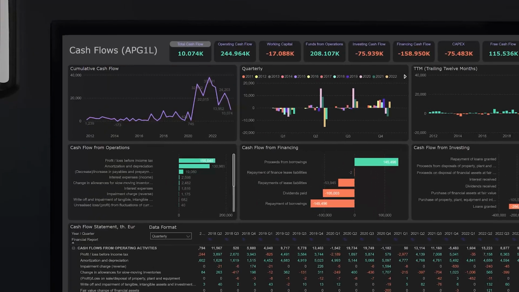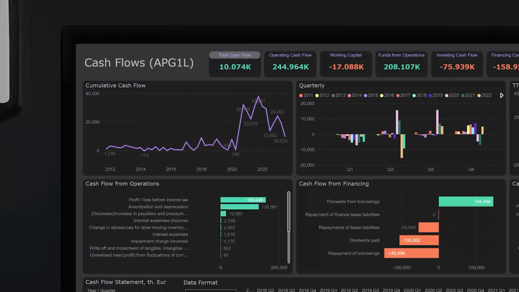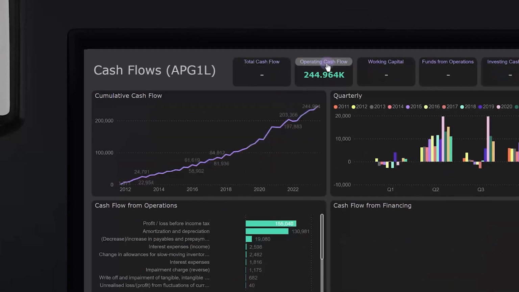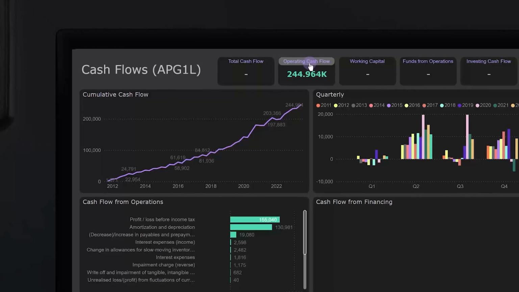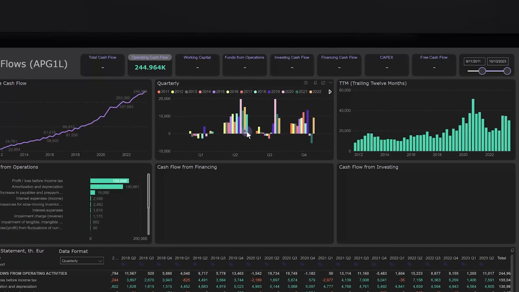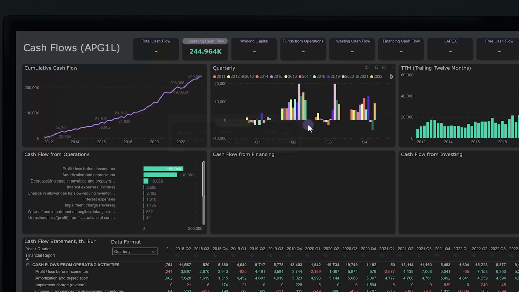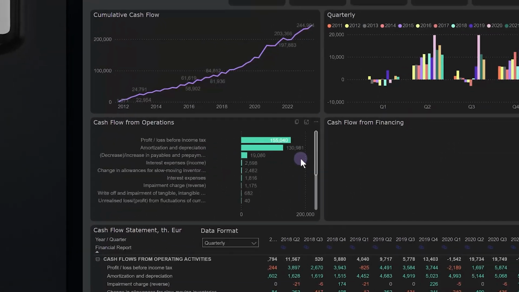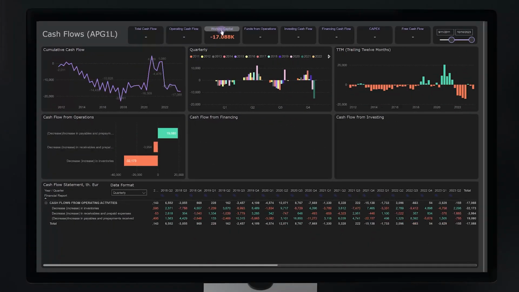Go further and analyze company's cash flows from every possible angle. Choose operating cash flow metric and see cumulative flow over selected period, quarterly and trailing 12 months numbers and composition by specific items. You can decompose operating cash flow into two elements, working capital and funds from operations, and analyze